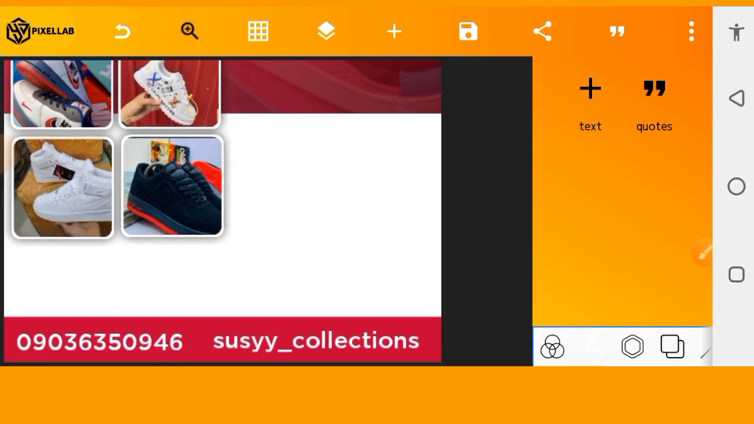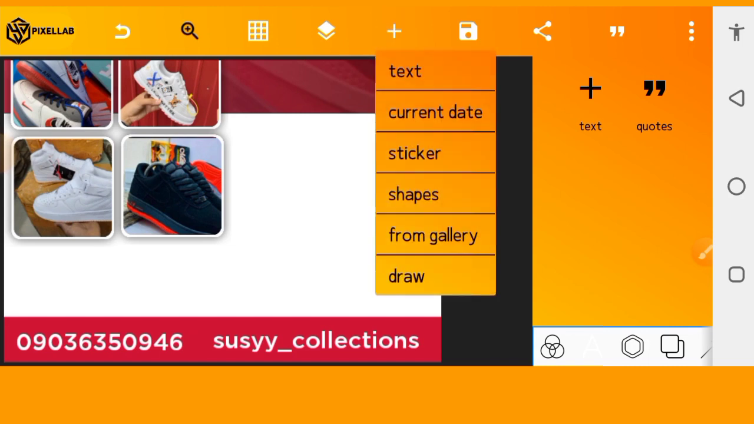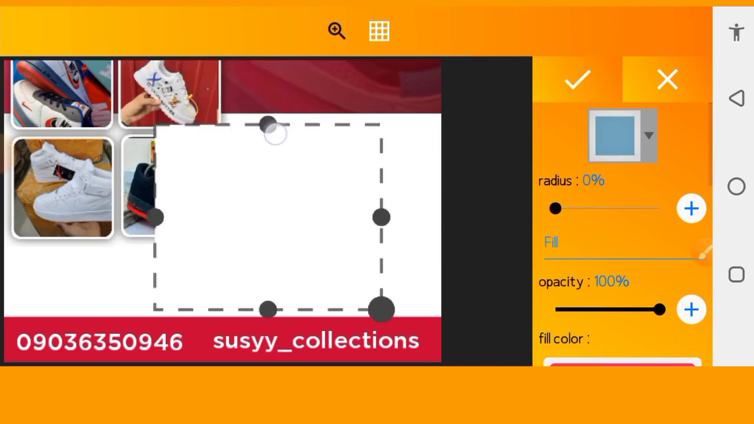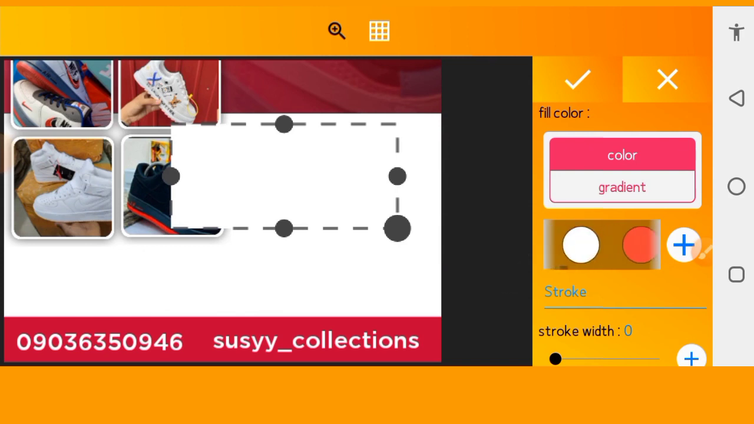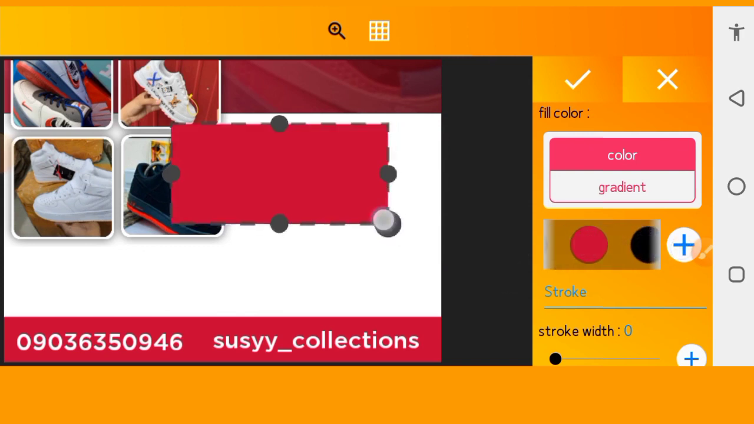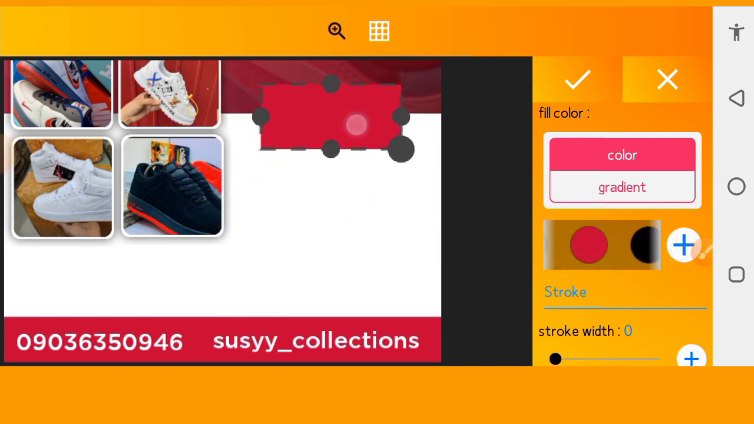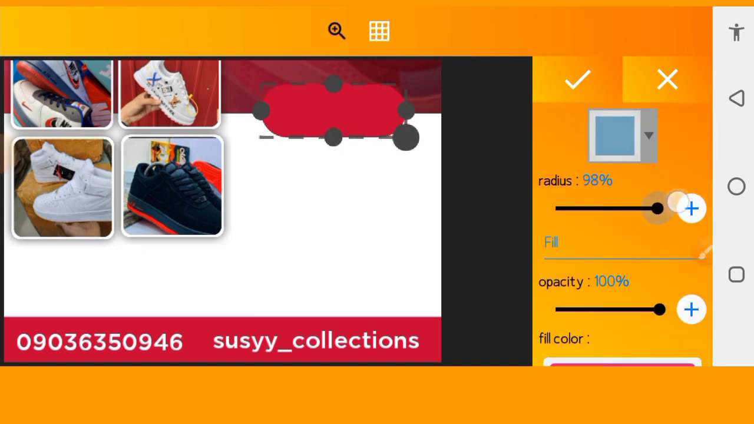So we need to add the product of the person. To do that, let's create a difference between the title of the product and the product item itself. So tap on shape, add a shape. Let's put this here. Let's change the color of this to any color in the design that we are using. Let's put this somewhere here. Then let's increase the radius to